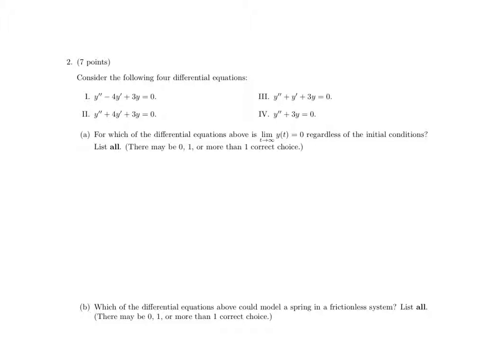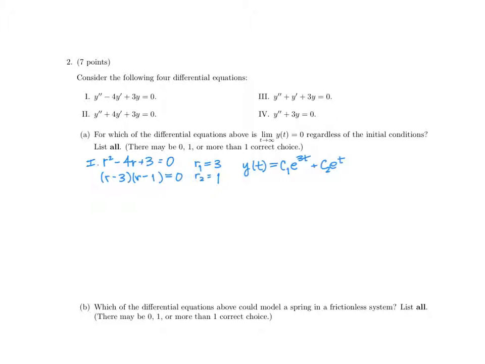So we basically need to figure out what these solutions look like for each of these, write them down, and see if we can figure out whether the limit behavior as t grows without bound is 0, no matter what the constants happen to be. Let's start with number 1. What you want to do with 1, 2, 3, and 4 is find the roots of the characteristic equation and then put those into the general solution for a second order differential equation with constant coefficients with roots of that type. All right, beginning with our very first differential equation, we find that the characteristic equation is r squared